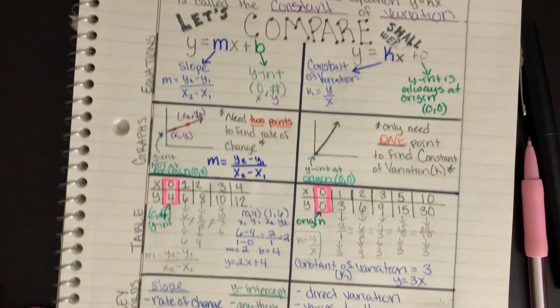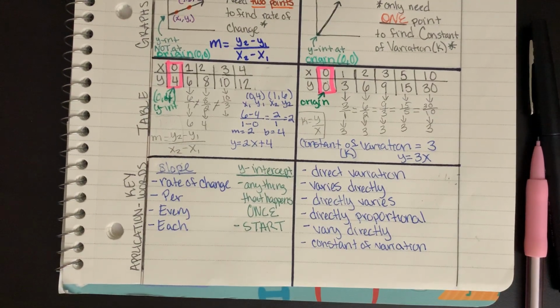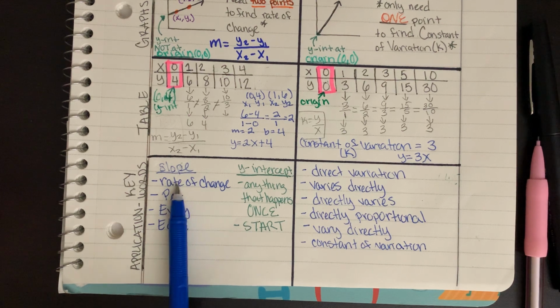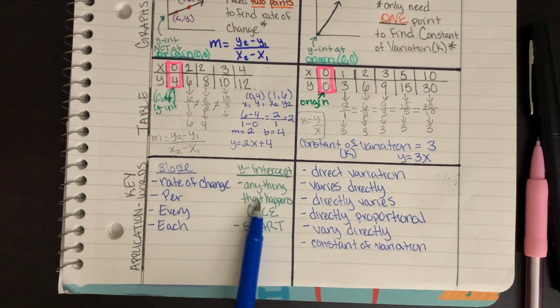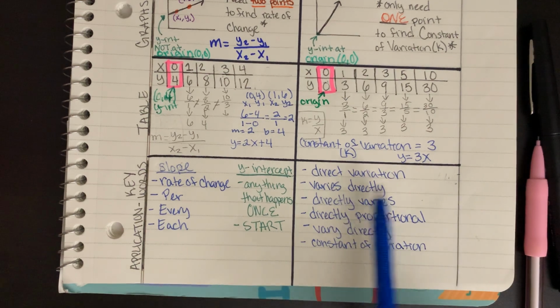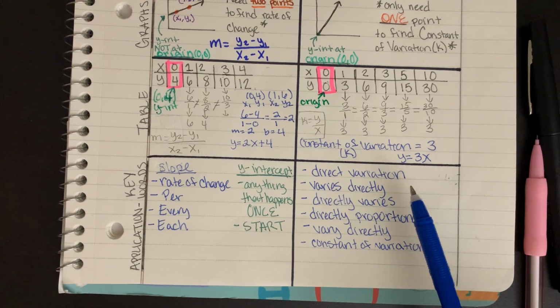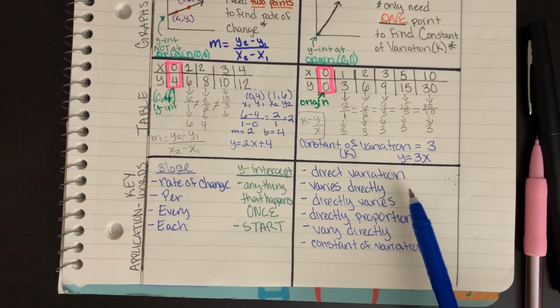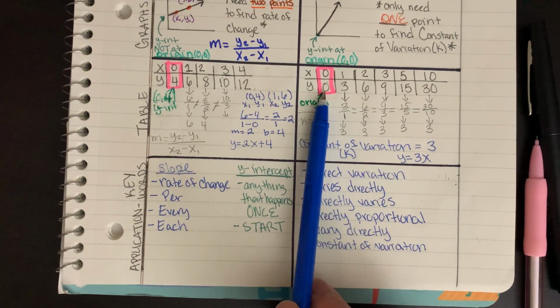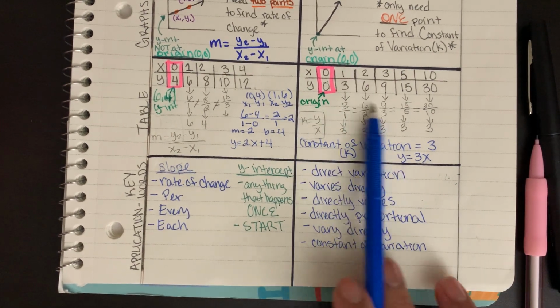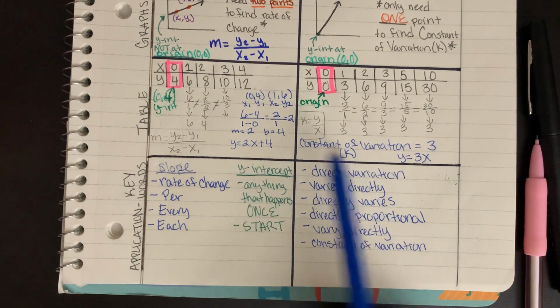Okay. Now, last section before we move on is going to be this part right here, right? So key words, right? So for application. So we already know slope, right? There's rate of change per, every, or each, y-intercept, anything that happens once, there's something you start with. Now, if you see a problem, a word problem, it's going to physically tell you that it's direct variation if it doesn't tell you that, hey, here's this, right? So if you have a y-intercept of 0, 0, it's automatically direct variation, okay? But if they give you just a normal table, I mean, just do it the normal way, like it's fine,